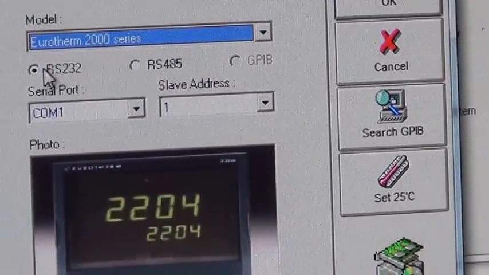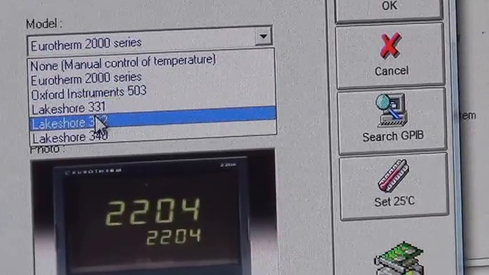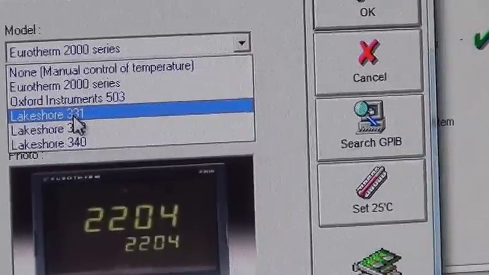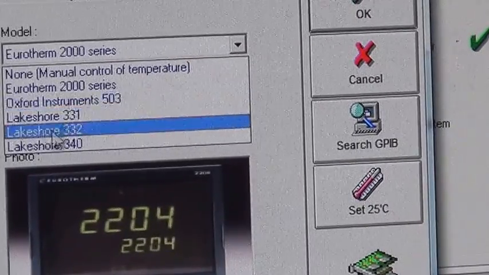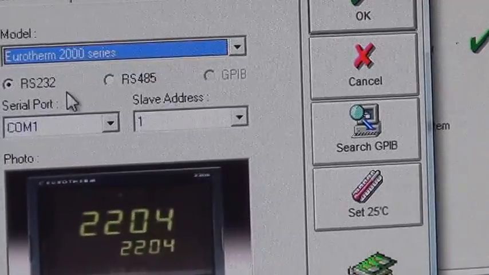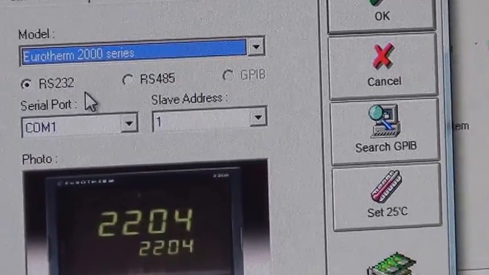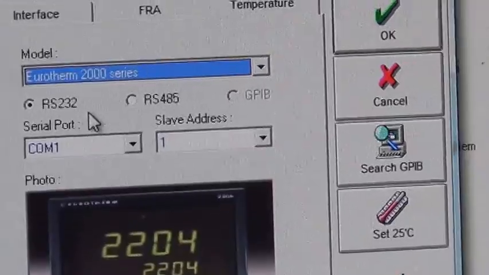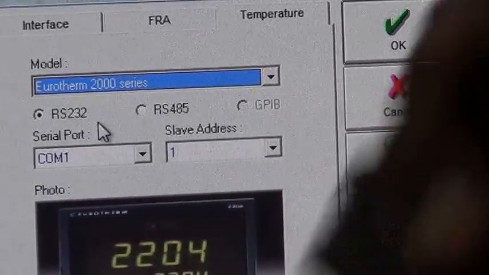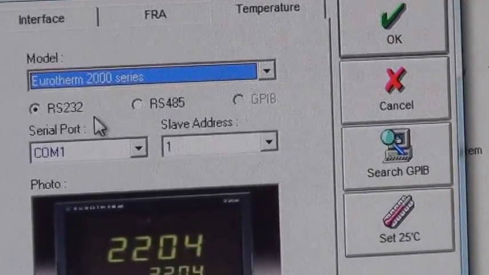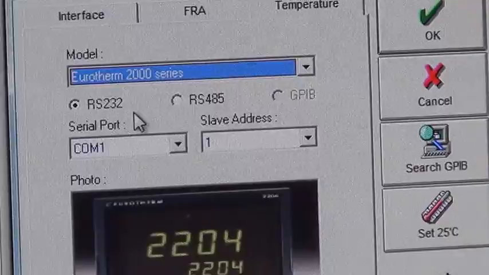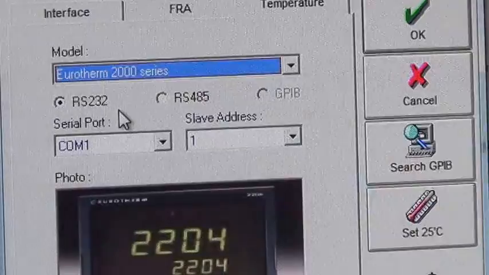We can choose the other ones also, based on your temperature controller. If you have Lakeshore, you select the Lakeshore here. Only whatever is listed here will be supported. It says Eurotherm 2000 series. So any series of Eurotherm, or 2000. But when we supply, normally it will be the 2216E only. But the ProboStat will always be compatible with the system. For a long time, they have been supplying the 2216E only. They are very satisfied with the communication. Whenever it gives commands, they get accepted also, that's why we support the 2216E. Okay.